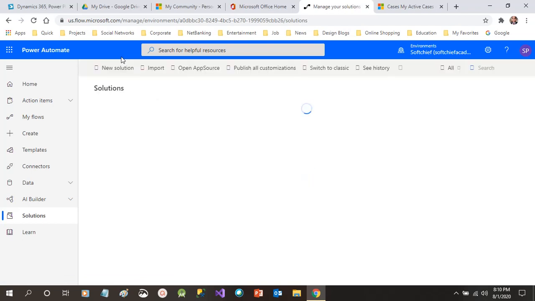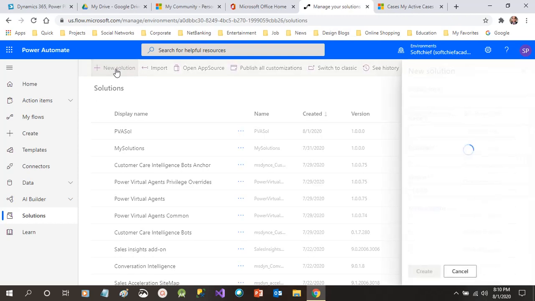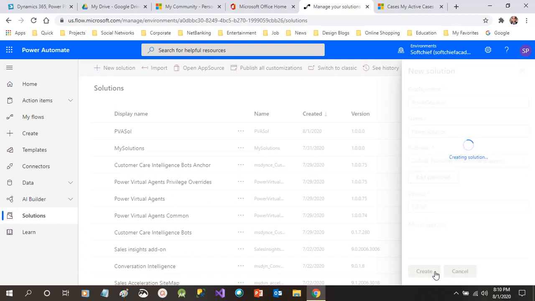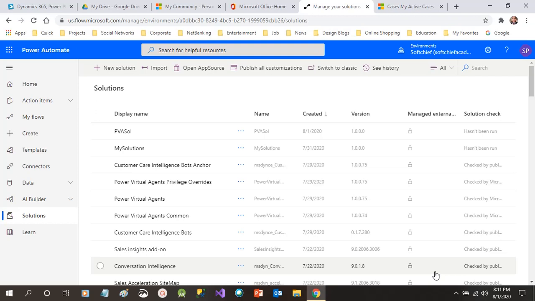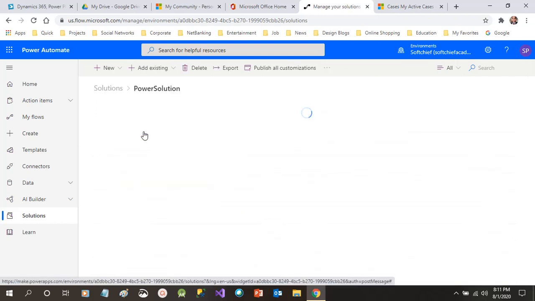It may take a couple of seconds to reflect. So here we go, new solution. Once I click new solution, I can give the solution name here. What is the display name? Let's say Power Solution, and the name is automatically populated, and for the publisher you can choose either CDS default publisher or the default publisher for my instance. Now click on create. Once the solution is created, we will add a new flow into the solution, right? So click on this solution to open it,